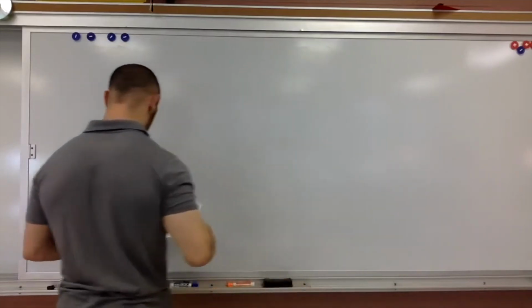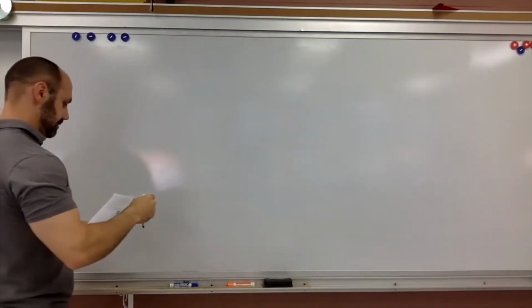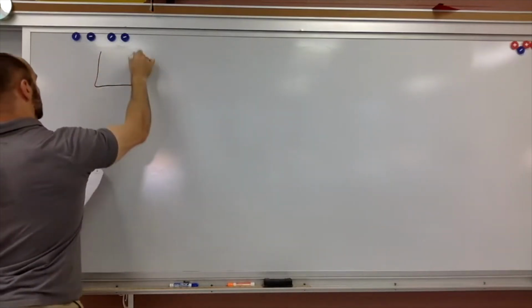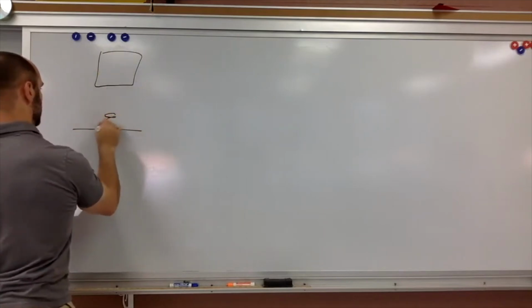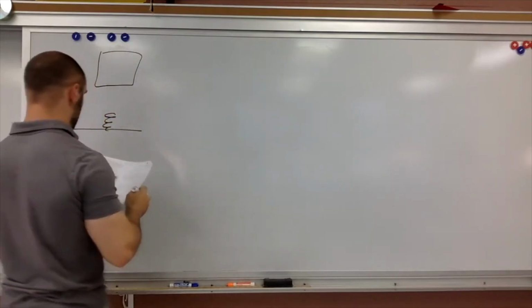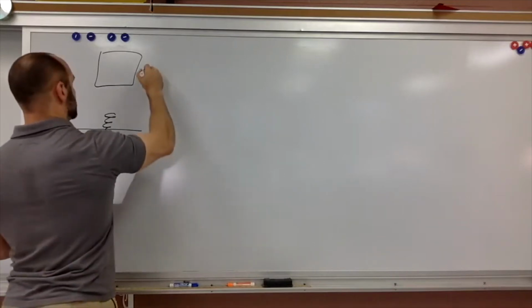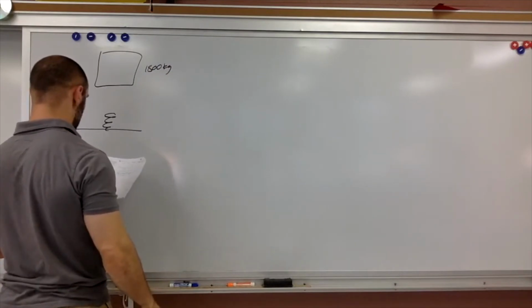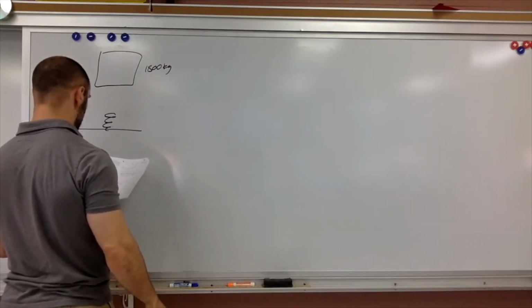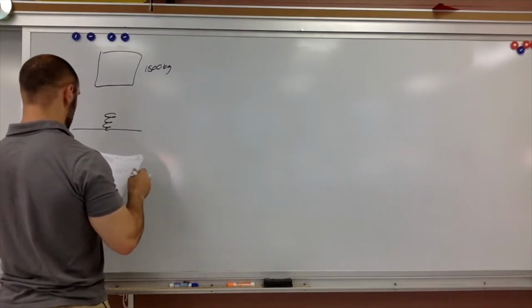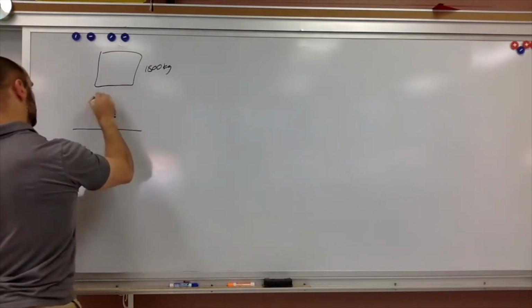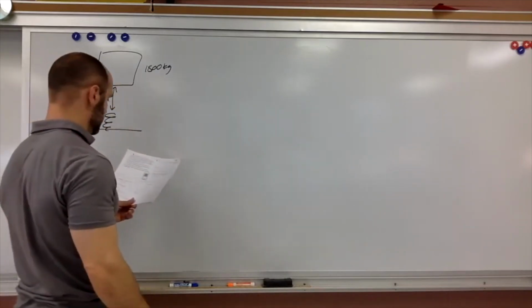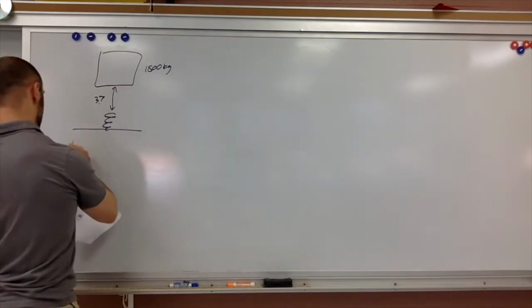All right, this last example from page 195 in the textbook. This one can get a little bit tricky. So let's take a look at what we're doing here. We've got the elevator falling down, and it's going to hit some spring. This is 1,800 kilograms. Let's just write down the things that we know. This distance, so it's 3.7 meters above the top of the spring. That's important to know. And the spring has a constant, K,